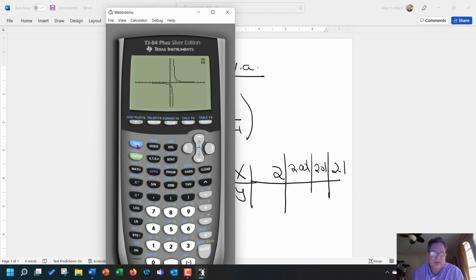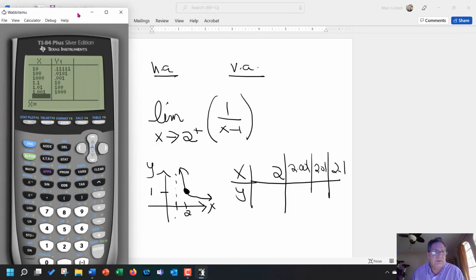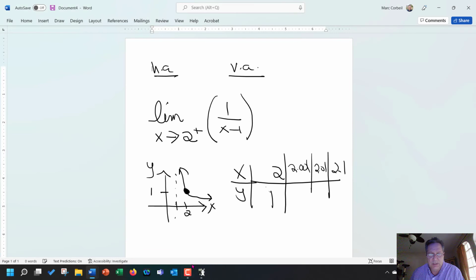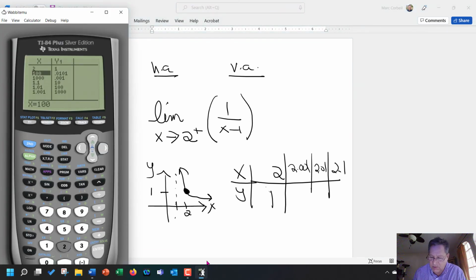So I'm going to go to table again to get our calculator to do our work for us. That's what we like. We'll go up here and we'll do 2. Well, this time notice that the value at 2 is 1. If we go here and we do 2.1, 2.01, 2.001, we see that the values are 0.9,